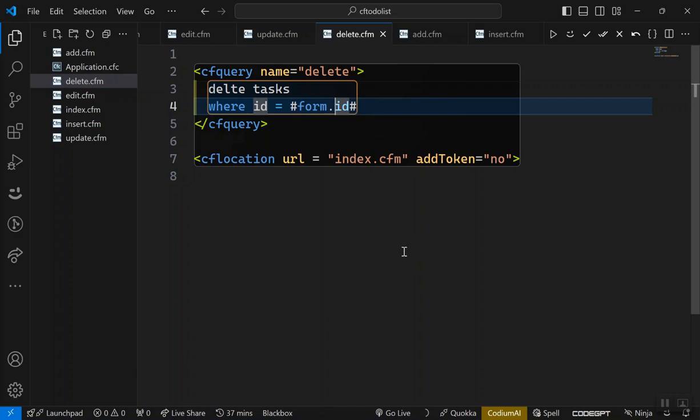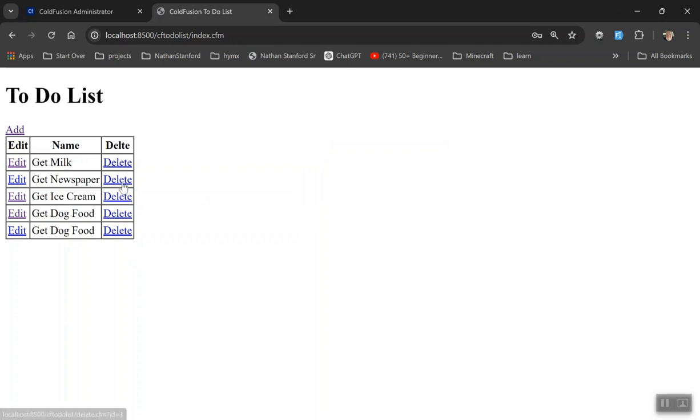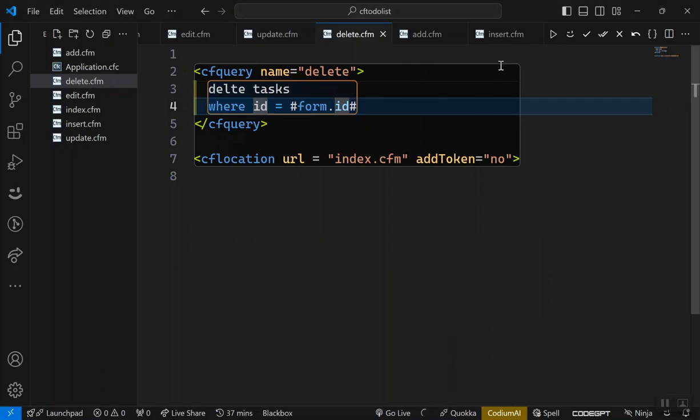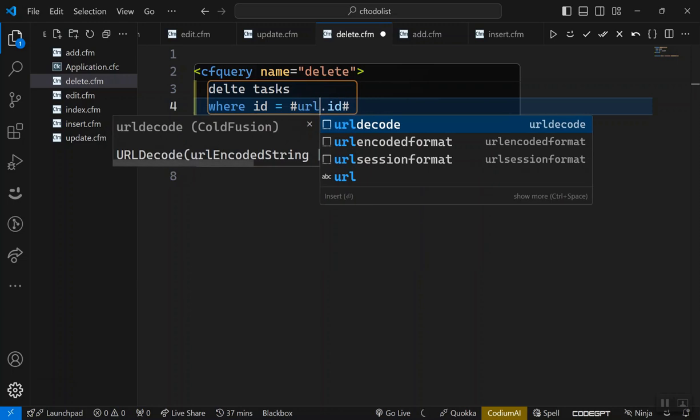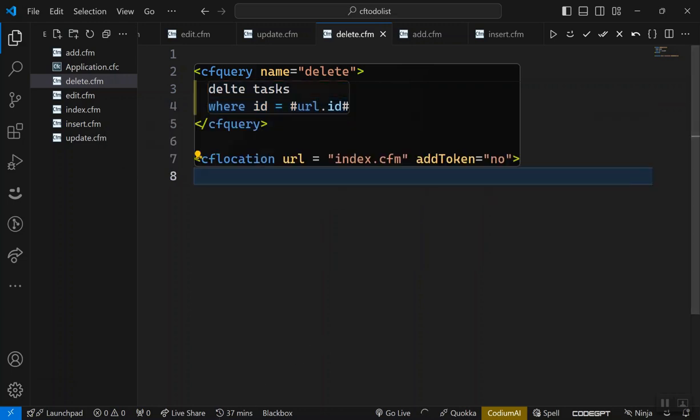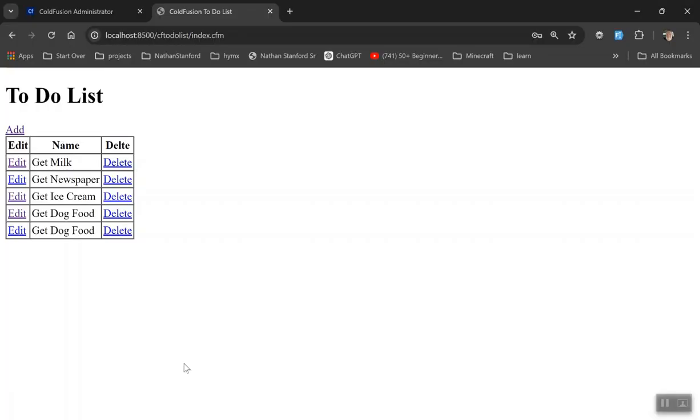It's coming from the URL. If you go back and look down here at the bottom, where the arrow is, when I point at this, it's got ID equals 4. Each one of these URLs has the ID of the application. So what we're going to do is change this from form, because it's not coming from a form now, it's coming from a URL to URL. So now we can come back here and click delete